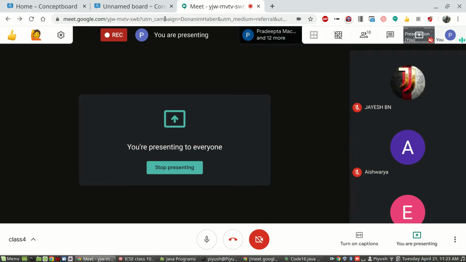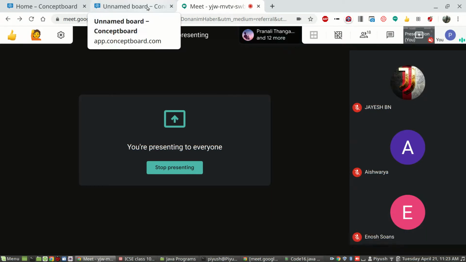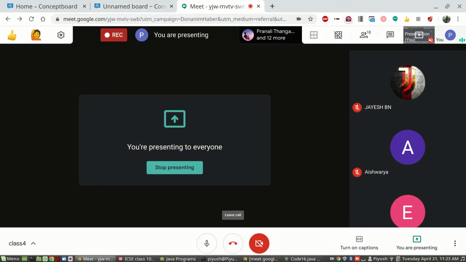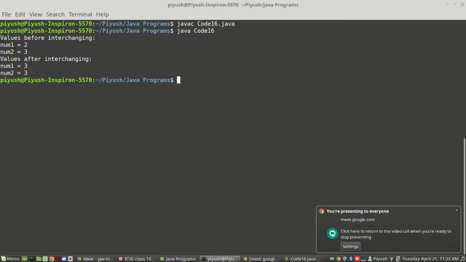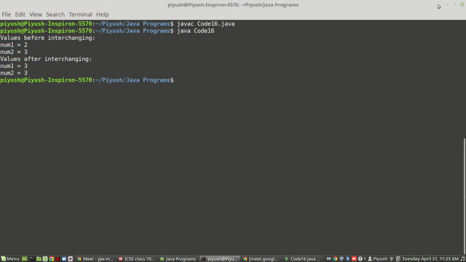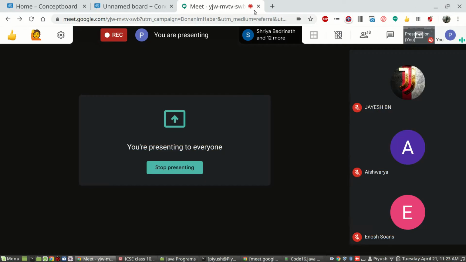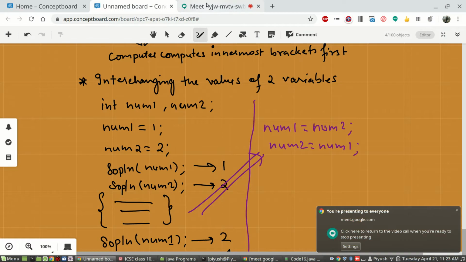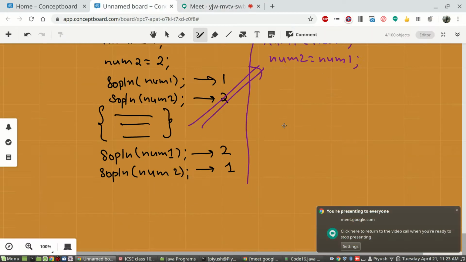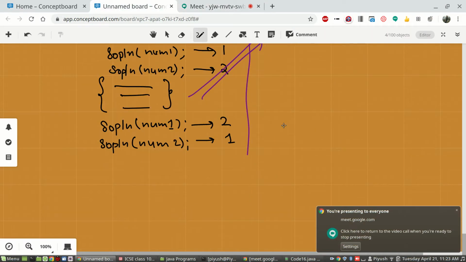However, if you had gone to the basic definition of a variable, you would have understood why the values did not get interchanged and why 3 appeared in both. So what is the basic definition of a variable? I will go using that. Let us see. That's very interesting. See what happened. I'll go step by step.